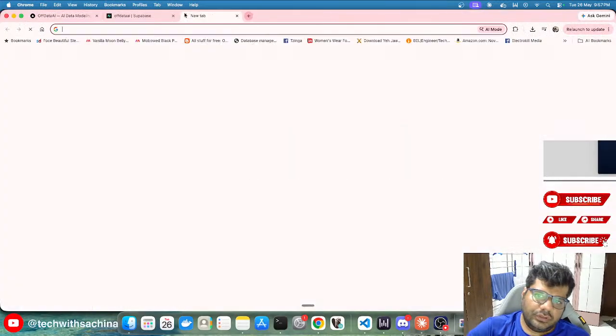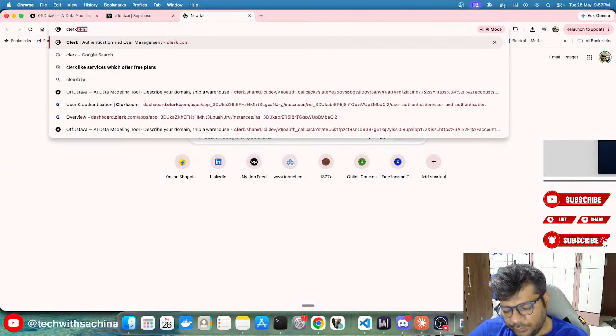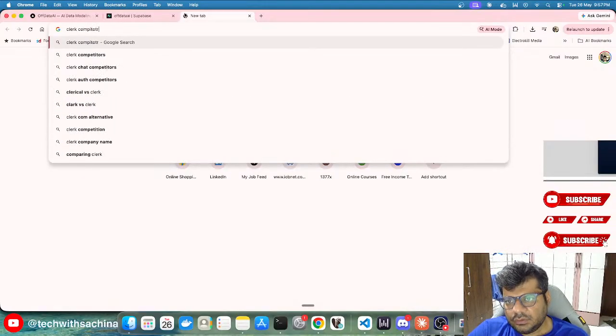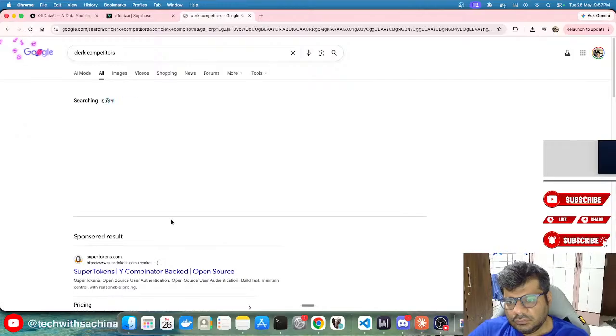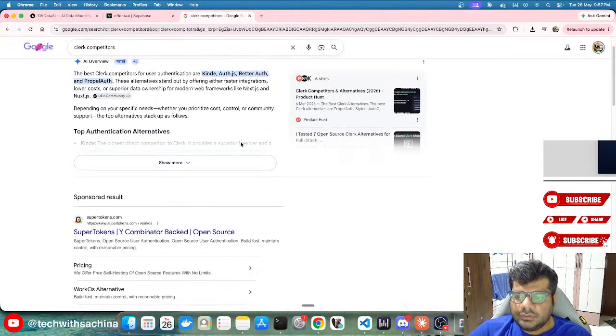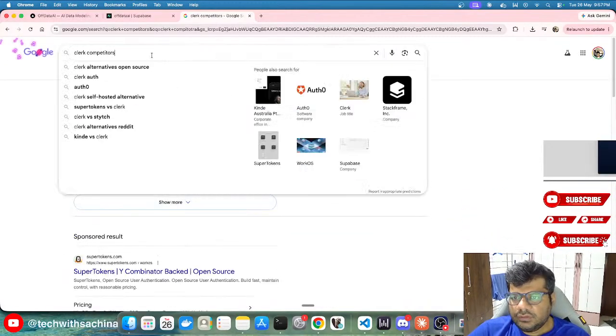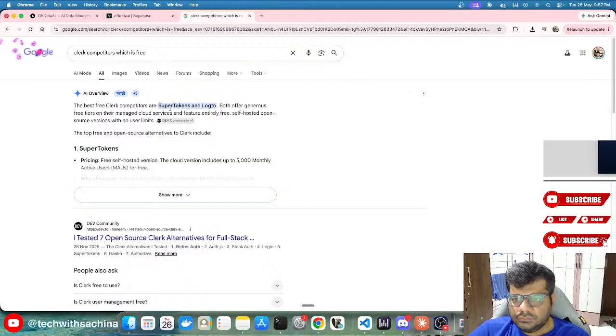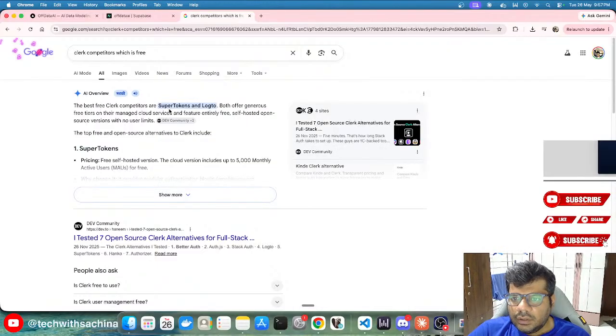Let me also research one thing. So, Clerk competitors. Auth.js is also there. BetterAuth is there, which is free. Okay, so let's search which is free. SuperTokens and Logto. Okay, SuperTokens, what is this?